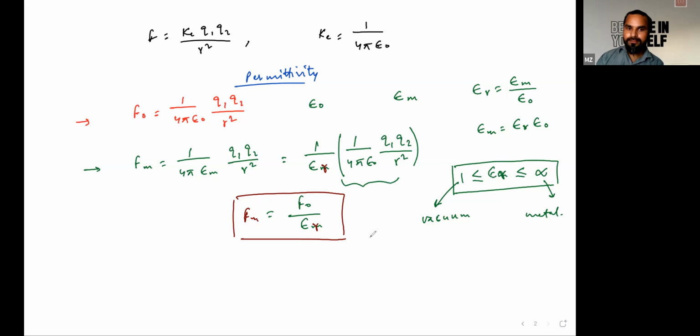In either way, you can define permittivity. So from this, if a charge system is placed in any medium other than vacuum, the force of attraction between those charged particles decreases. Okay. Yes, sir. Next part,